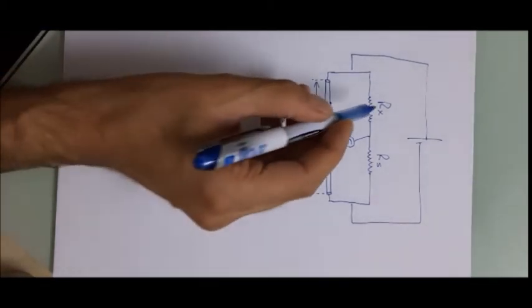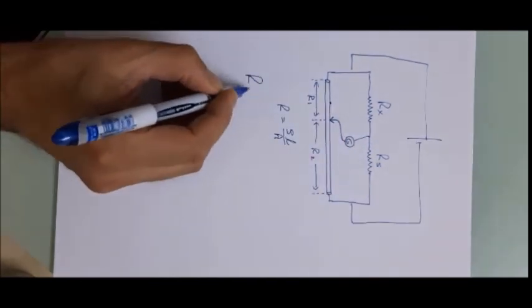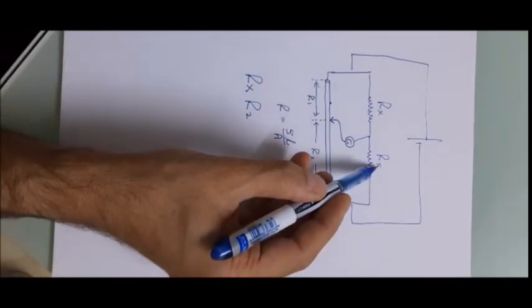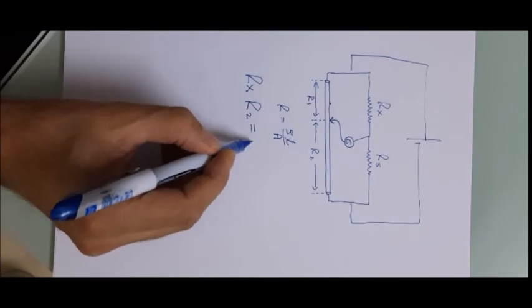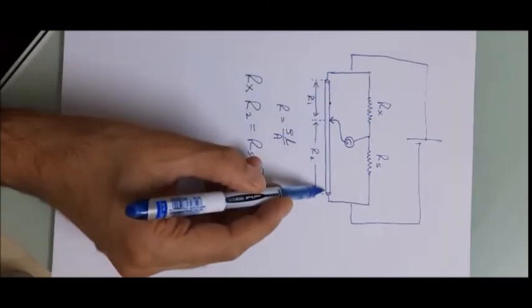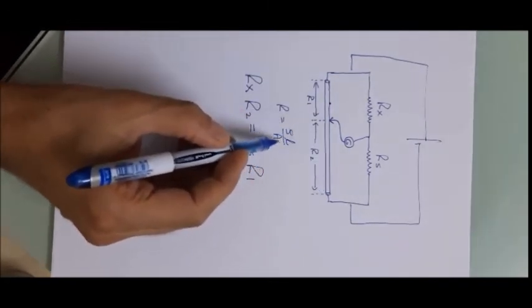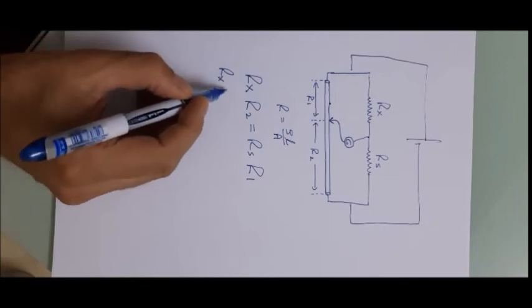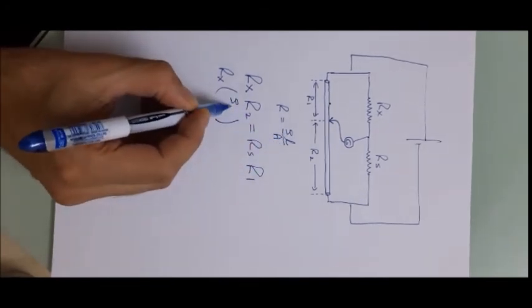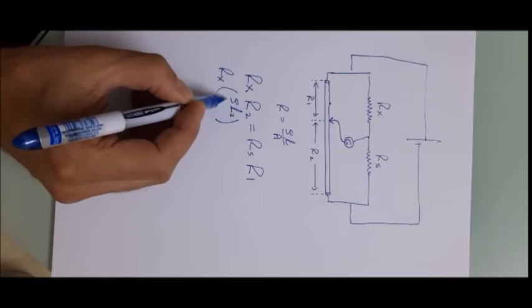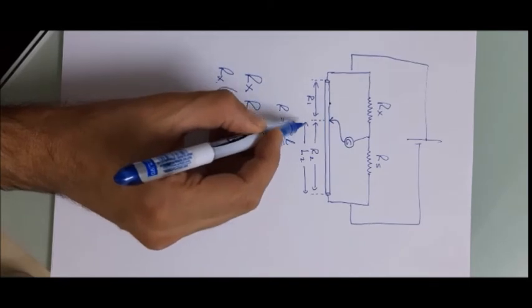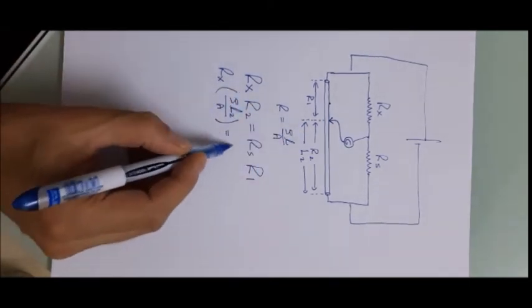So now our relation is Rx R2 multiplied equals Rs R1 multiplied. But since R2 and R1 are a wire, we can replace their value by this. So we can say here Rx is multiplied by R2, which is rho L2 over A, and by L2 I mean this length, the length of R2, and for this side